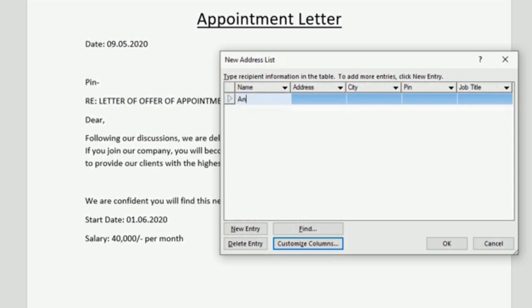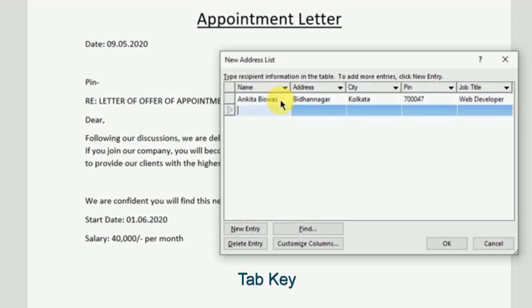Ankita Biswas, Bidhannagar, city Kolkata, pin code 47, web developer. Next I have pressed the tab key here.